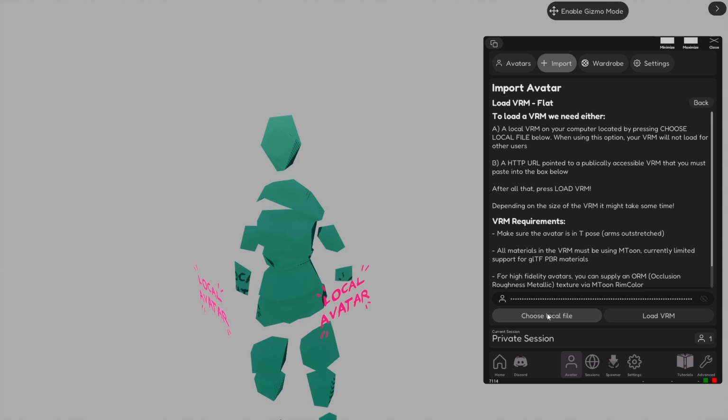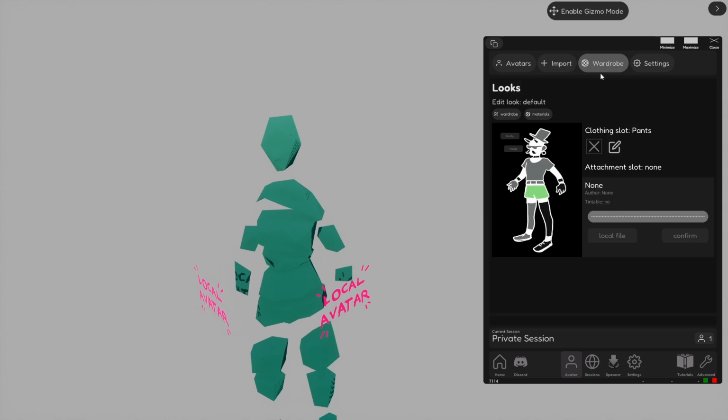However, otherwise, I'd skip to the end if you've already got an ARKit model set up, and I'll show you how to use Google Docs or Google Drive to set everything up so that you're able to access and show it to other people on Mikoverse. It's already in the Mikoverse Discord, but that's that. So then, once you've done it, you click Load VRM. It will work, however, as I said before,